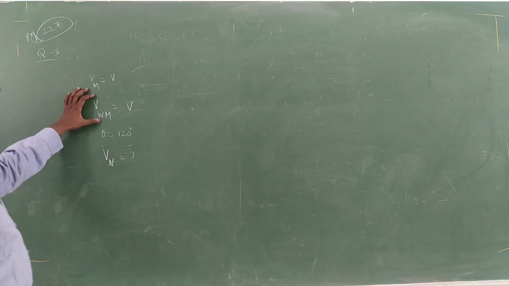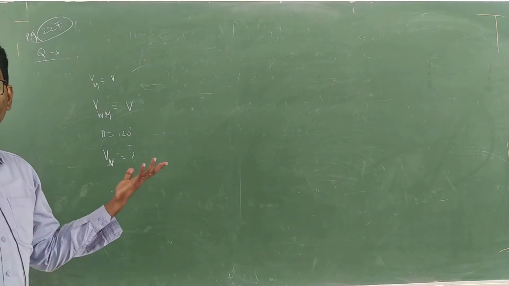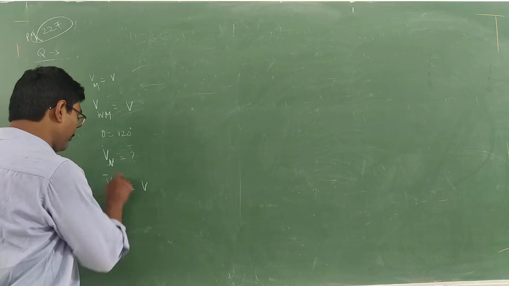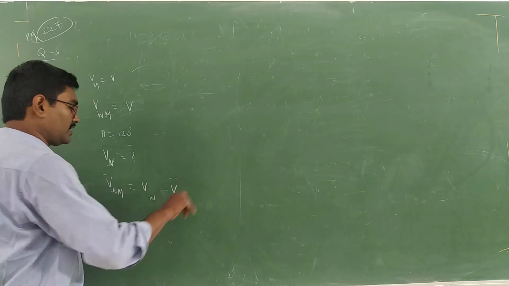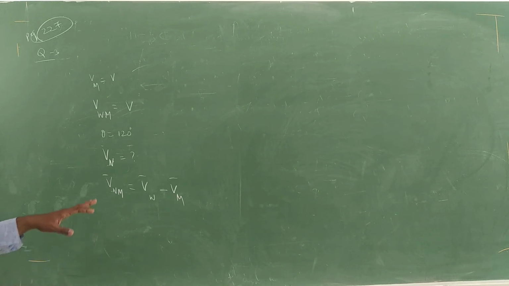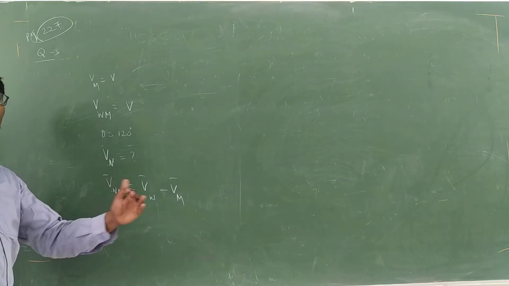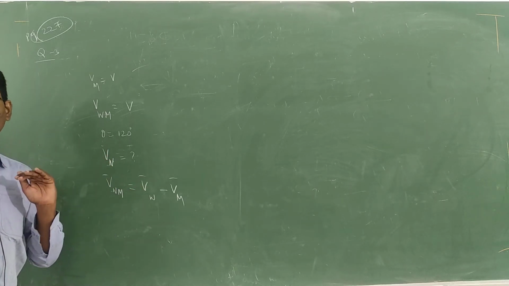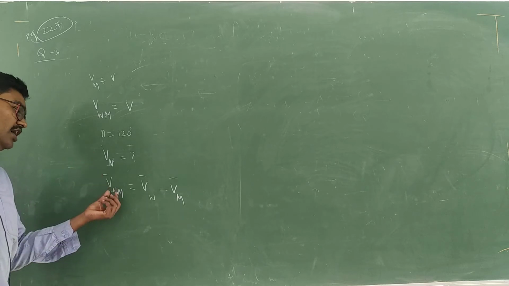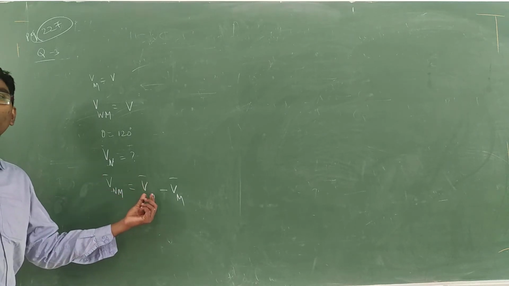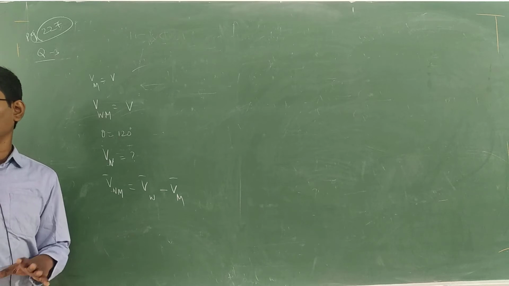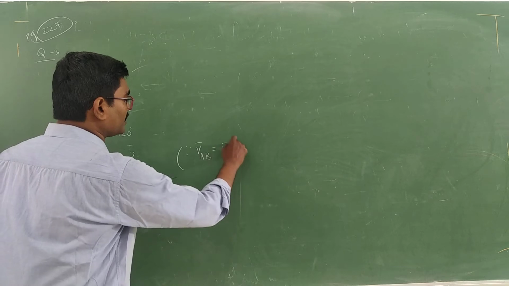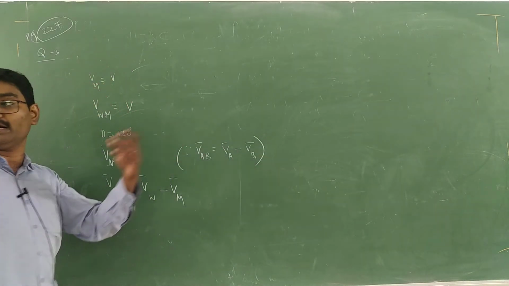You know the velocity of wind with respect to man formula. What is that? Velocity of wind with respect to man is equal to velocity of wind minus velocity of man. Correct? Velocity of rain with respect to man means velocity of rain minus velocity of man. Velocity of air with respect to b means velocity of air minus velocity of b. So similarly, velocity of wind with respect to man is equal to velocity of wind minus velocity of man. Since you know that velocity of a with respect to b is equal to velocity of a minus velocity of b. That is the relative velocity formula.